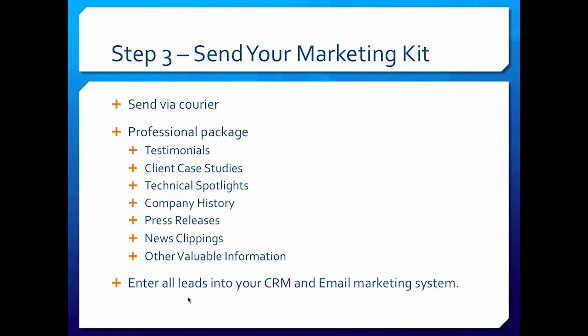Oh, and if you're not doing client case studies, folks, you're missing a huge opportunity to establish trust early. You remember that believe in? In fact, testimonials, case studies. Case studies more than testimonials will do that. By the way, a client case study takes like an hour and a half to do if you do it